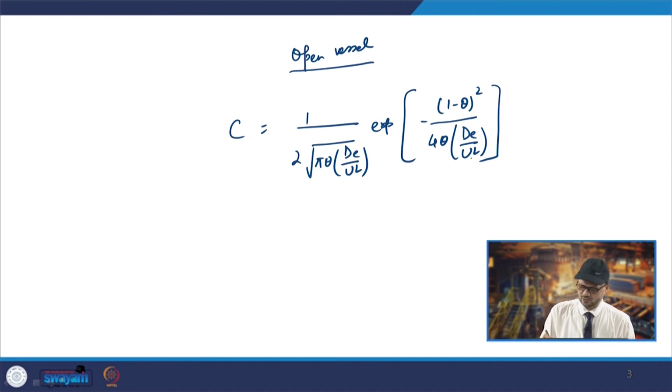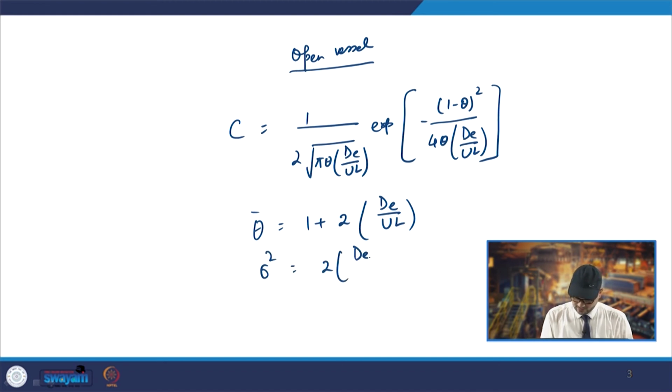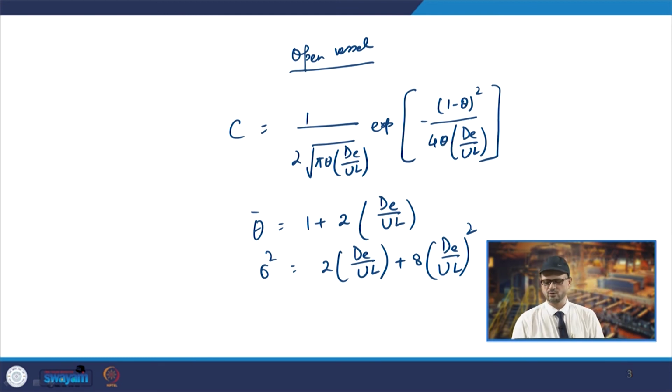So, this is the solution of that equation 4.13, and in this case if you try to find the mean and variance of the family of the curve, the mean will be coming as 1 plus 2 times dE upon UL, and the variance is coming as 2 into dE by UL plus 8 into dE by UL whole square. So, this is how the family of curves can be drawn for the